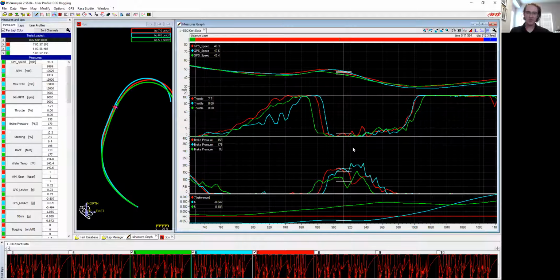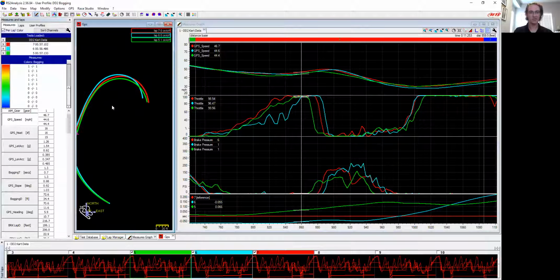So first and foremost, we can see on the throttle where he actually jumps off the throttle. That's going to be a big issue. If we're jumping off the throttle at different points, inevitably our power band is going to be different through the whole corner. So this would be something that I'd really like to see tightened up. We know that our fastest lap was the red lap. Looks like on the blue lap, and it follows based on our looking at the lines here, we can see that